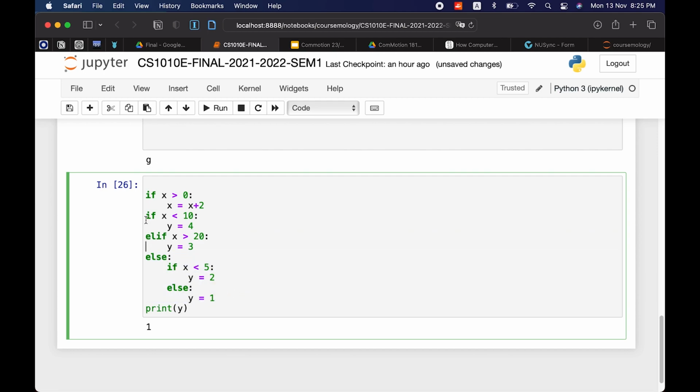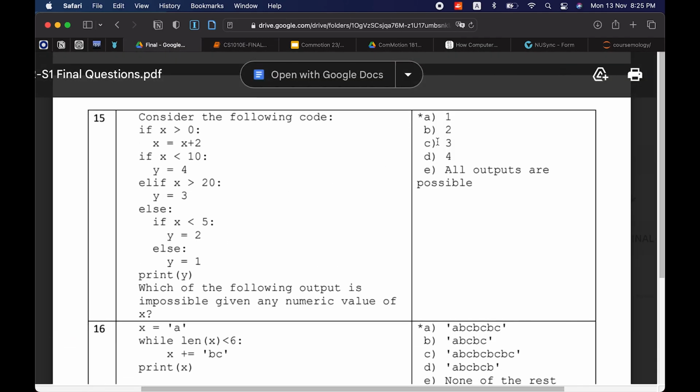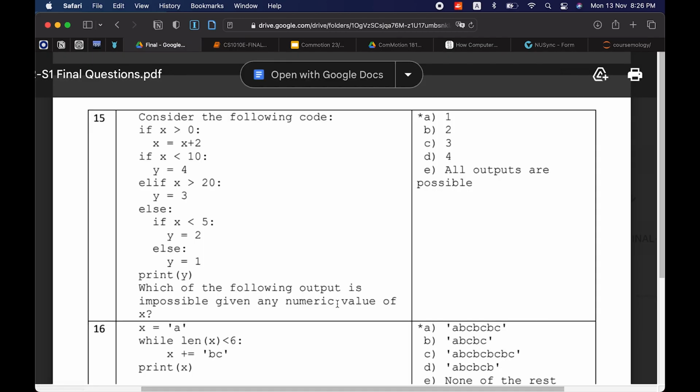Because they only execute if this if statement is false. So if x is less than 5, let's say x is equal to 3, y should be 4. Yeah, that's why 2 is not possible.